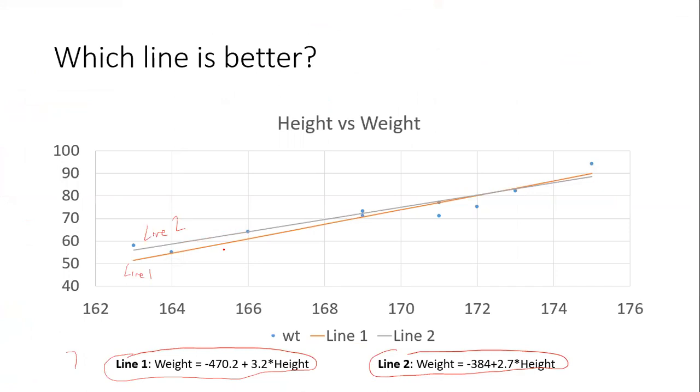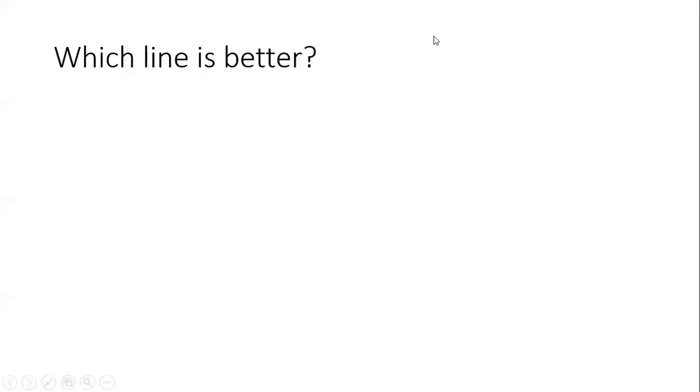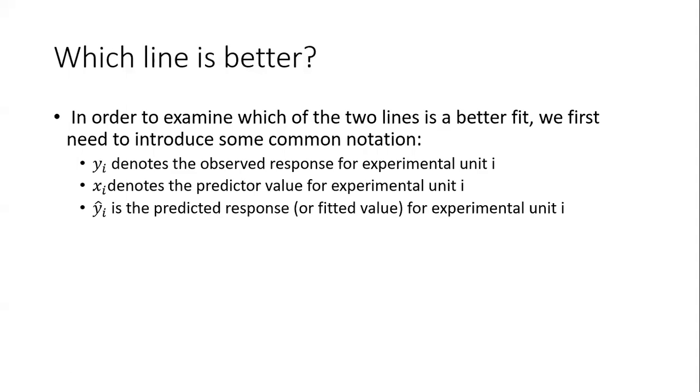So let's think a little bit. How can we say that this line or this line is better? For example, if you have another line, something like this, you will probably say that this line is not a good one. Or if you have something like this, probably you will say that's not a good one. So how to say that whether this blue line or orange line is better than the other? How can we say this? How can we quantify this? In order to say which line is better,